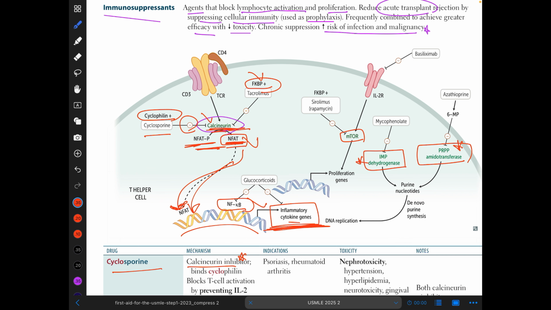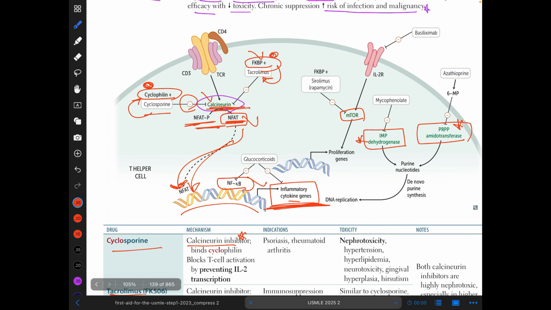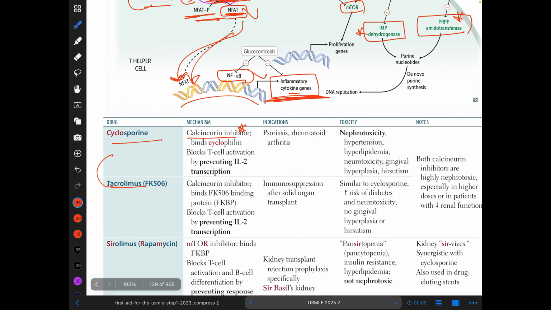We can block this calcineurin by 2 pathways, by blocking cyclophilin or FKBP. FKBP is blocked by tacrolimus and cyclophilin is blocked by cyclosporine. Both drugs are going to inhibit